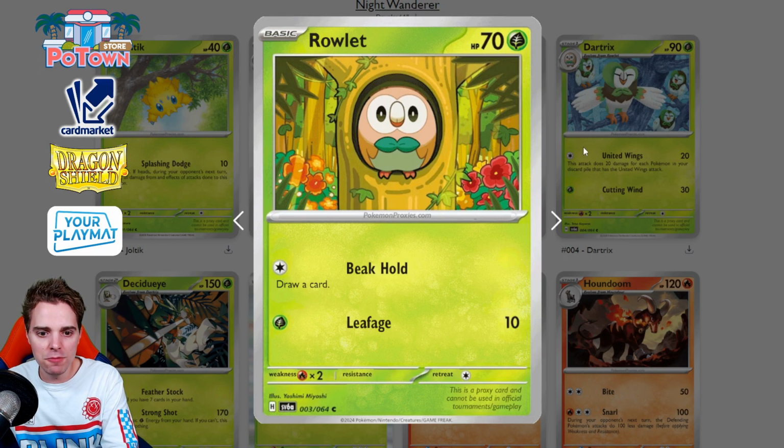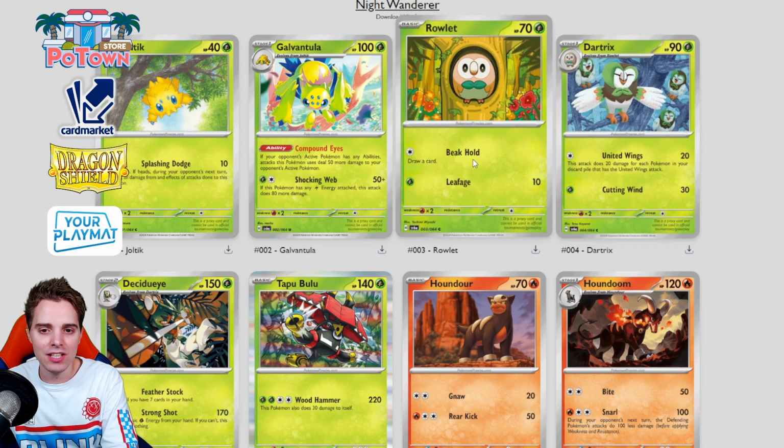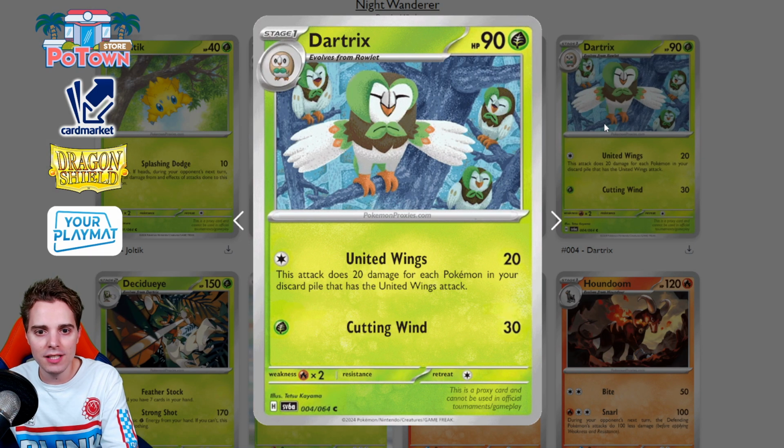There's a Rowlet, 70 HP, that draws a card, and that's not too important. But the cool thing is that there's going to be a Dartrix, and take a quick look at its attack name. United Wings, that's right. United Wings now gets a partner. We have the Flamigo, we have the Murkrow, all these Pokemon already. Now we can gain